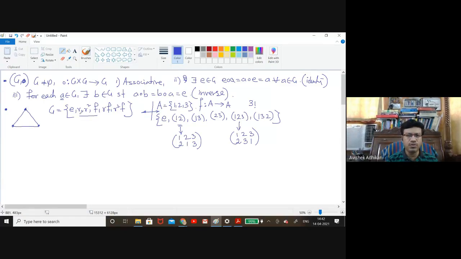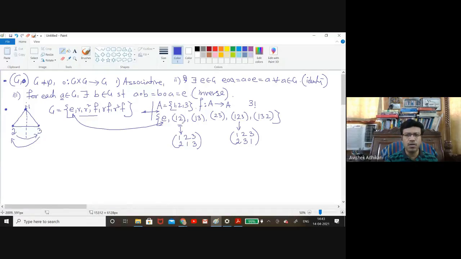Basically, this rotation corresponds to some element here, R square also corresponds to some element here, flip also corresponds to some element here, and so on. So for each element here there exists some element here, and the rotation has some meaning, like flip has some meaning. Flip, we consider to be symmetry about this axis. So if I consider this as 1, this as 2, and this as 3, then after a flip, this will come here and this will come here.